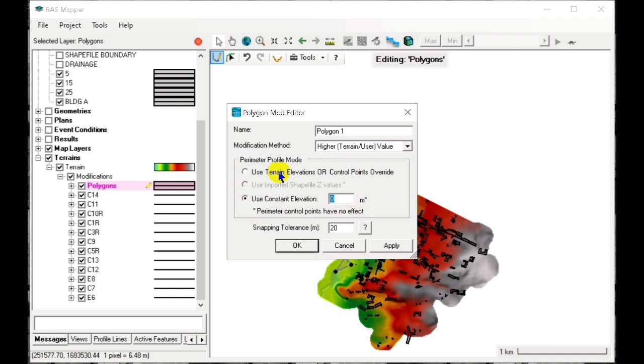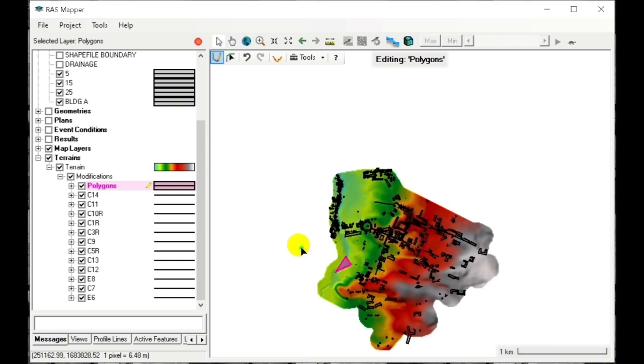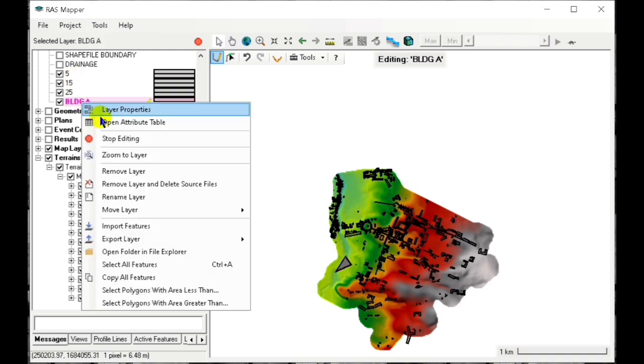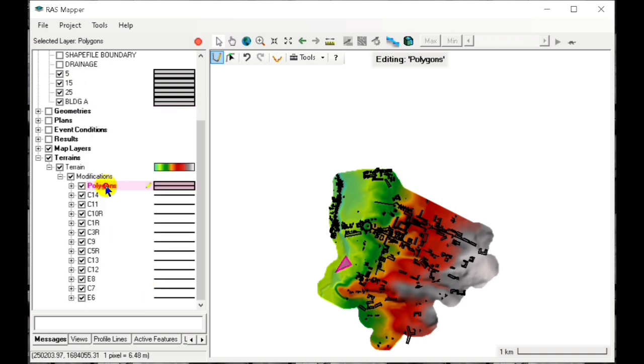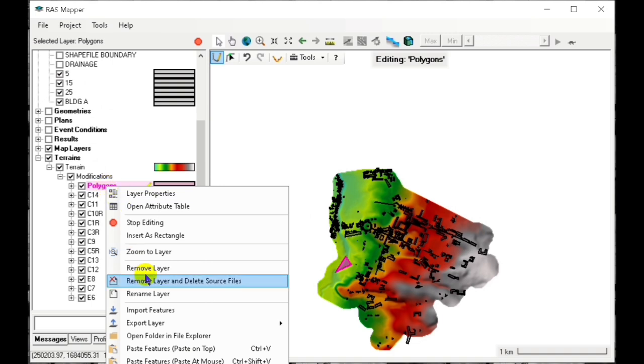and we set this to, for example only, 80 meters elevation. And after copying all these shape files, we select and then we copy and then paste to this polygon we have created.